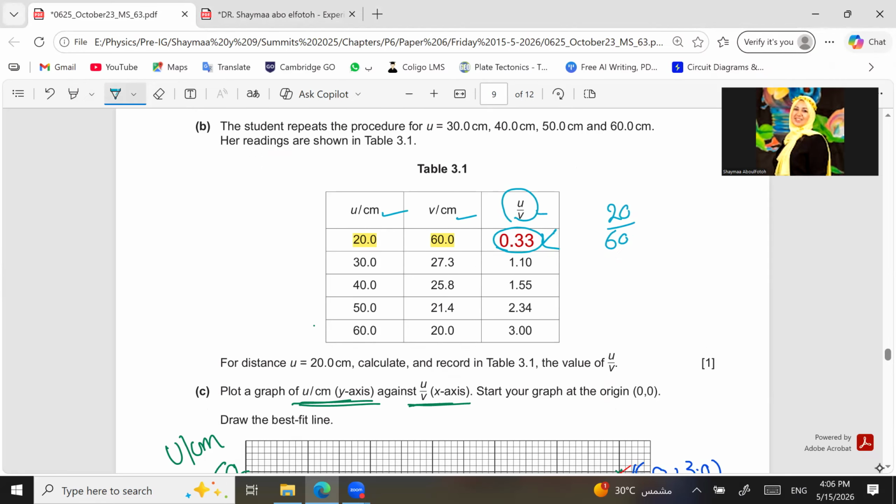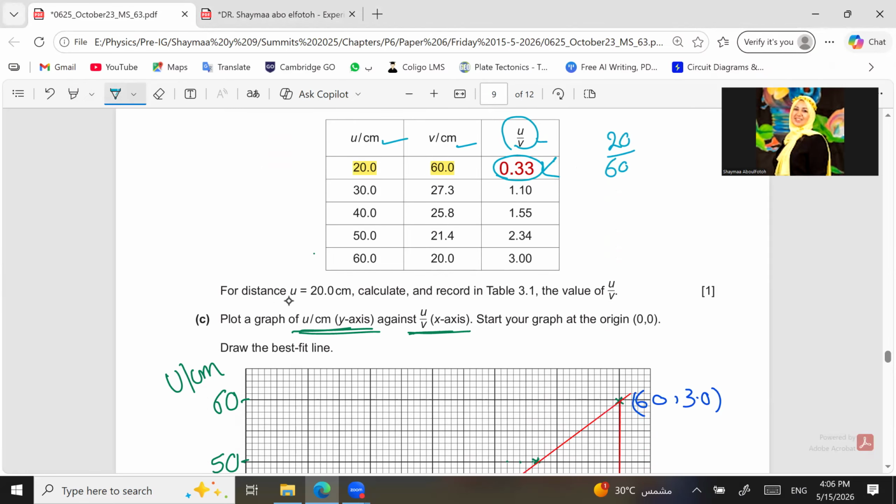Let's see what we need in the graph. First, for distance U of 20, calculate and record in table 3.1 the value U over V. Now, plot a graph, focus now on the graph. I need to know what is on the y-axis and what is on the x-axis. I need U, which is the distance between the object and the center of